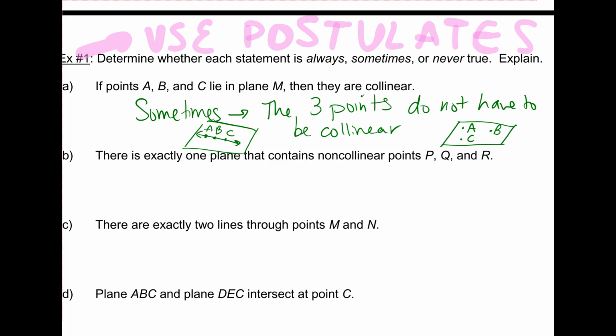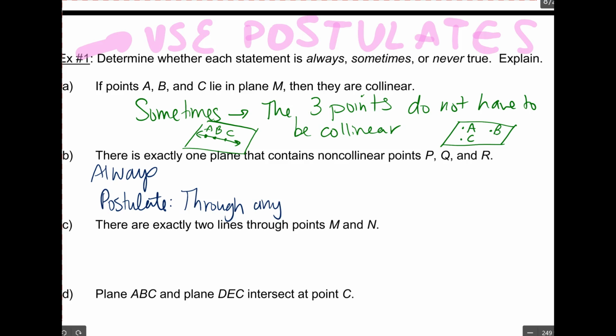Okay, there is exactly one plane that contains non-collinear points P, Q, and R. Is this always, sometimes, or never true? What do we think? Never. It's always true. It's literally one of the postulates. There's exactly one plane through any 3